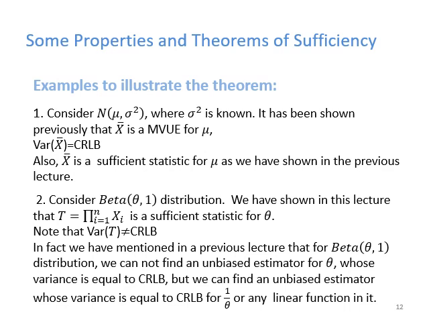The answer is no. The variance of T is not equal to Cramér-Rao lower bound. And as we have mentioned in a previous lecture, that for the beta distribution with parameters theta and 1, we cannot find an unbiased estimator for theta whose variance is equal to Cramér-Rao lower bound. But we can find an unbiased estimator whose variance is equal to Cramér-Rao lower bound for 1 over theta, or any linear function in